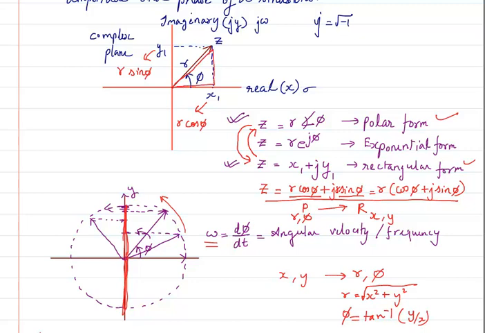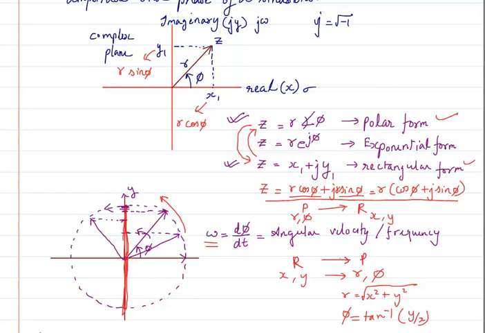Okay, so I can convert the rectangular form into the polar form also, and this is what generally takes place in the calculator. You don't need to do this calculation by pressing a few keys. You will be able to get directly the conversion from polar form to rectangular form and back to polar form from rectangular form. So it is interchangeable.